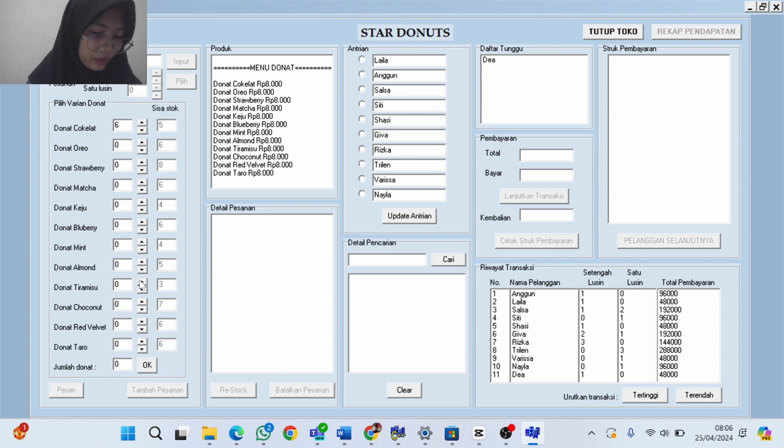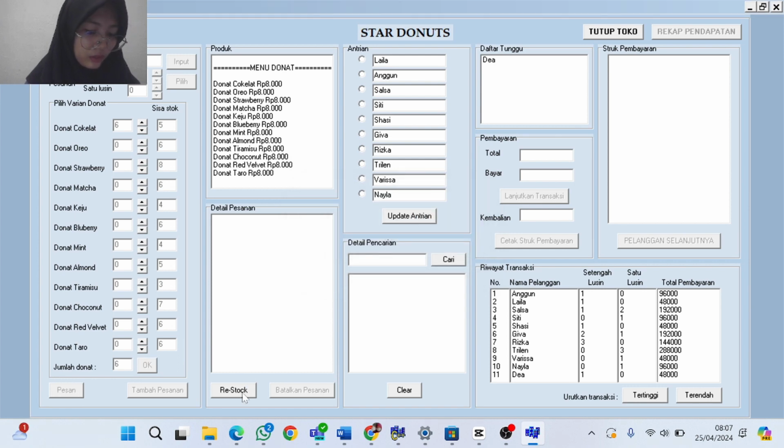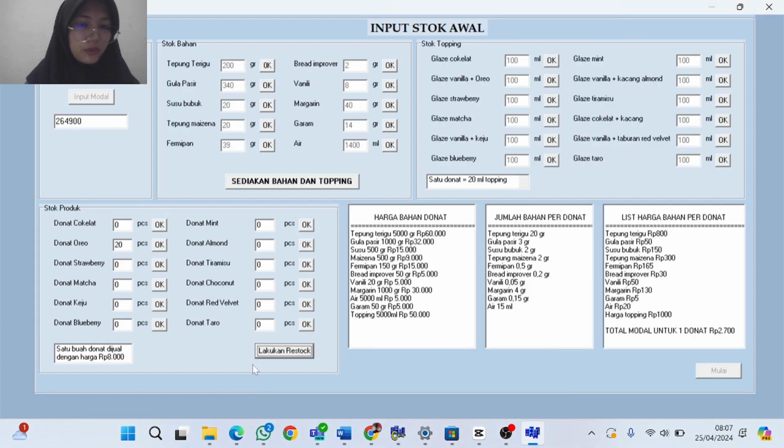Because the remaining stock of chocolate donuts is only 5, while the desired amount is 6, the restock button will turn on, and if clicked, will enter the initial stock input form.